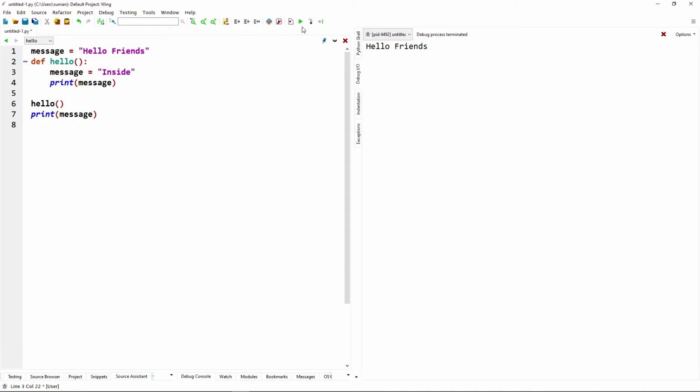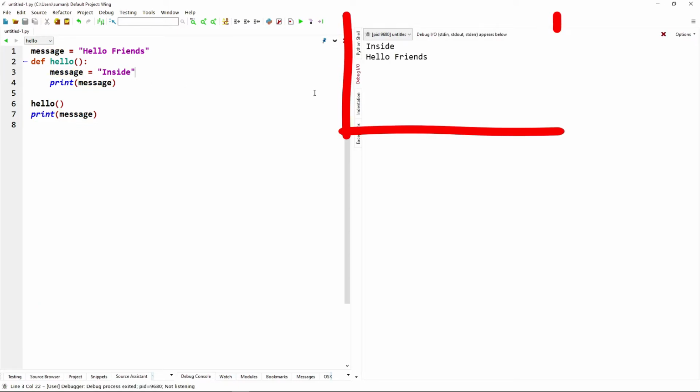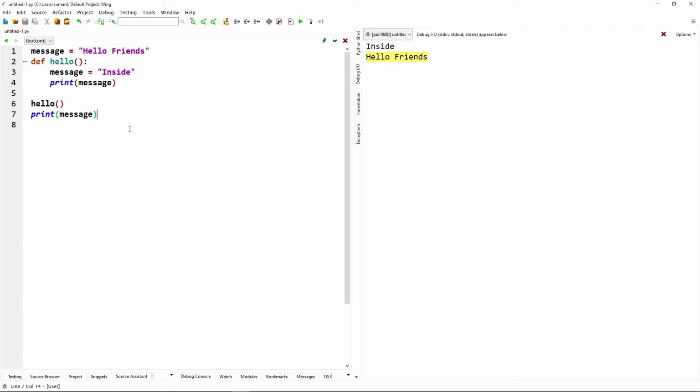Now if we run the code, we get inside and hello friends. Let's check what is happening here. When hello is called, the message variable that is local to the function is used instead of the global variable message. That one message is the local and that one was the global.